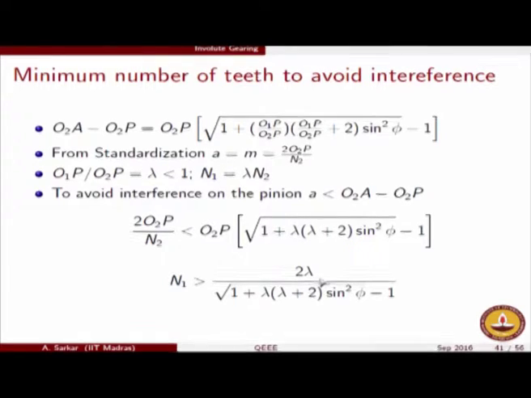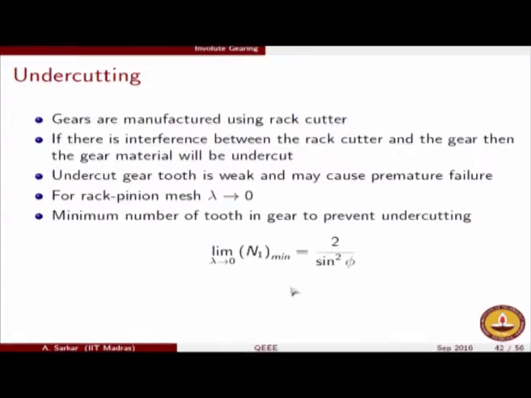However, you see, if I put lambda to be 0 in the numerator and denominator, we get zeros. So this is in the 0 by 0 form, but we have L'Hopital's rule. So we will take the limit of this quantity as lambda tends to 0, and using all those formulas for limits, we can easily evaluate the limit of that ratio as lambda tends to 0. It comes out as 2 by sine square phi.